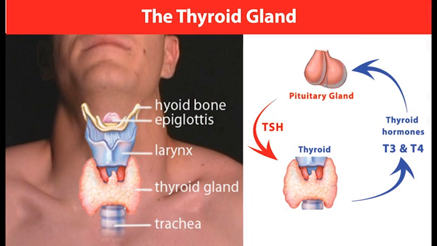Thank you. So, we've all heard of the thyroid gland and we know that it's something to do with metabolism, but what exactly is it making and how does that speed up our metabolism? So your thyroid gland is a butterfly-shaped gland in your neck, and it makes two main hormones, T4 and T3, and those hormones control your metabolic rate mainly. So basically the rate at which the cells of your body burn up calories and use them for energy.